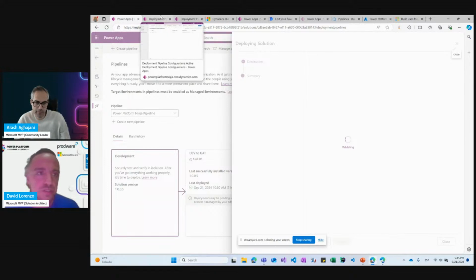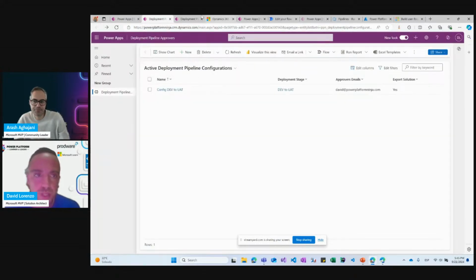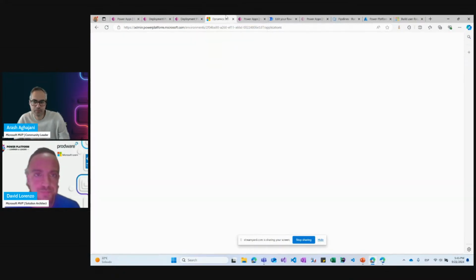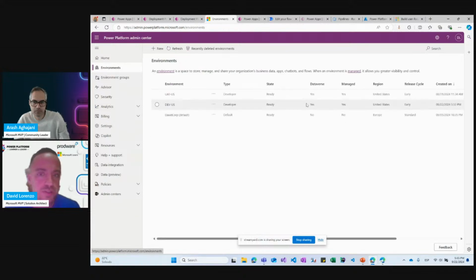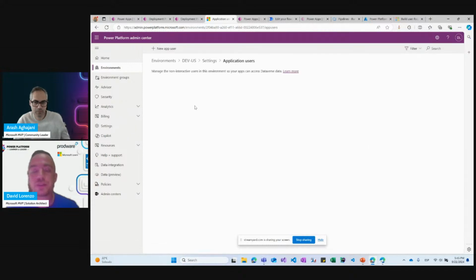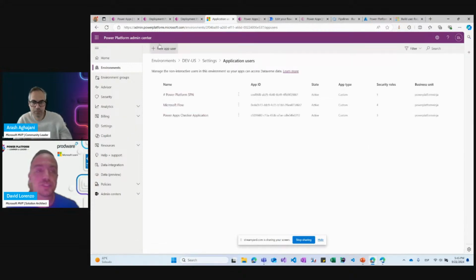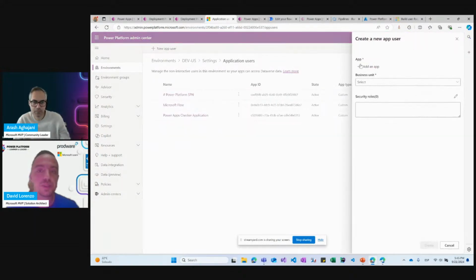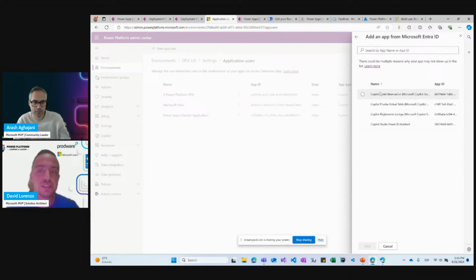And with these values, we need to go to the admin center here, and we need to go to the dev environment and the UAT environment, and we need to create a new application user here. So we link this with the application that we have just registered in Microsoft Entra ID.